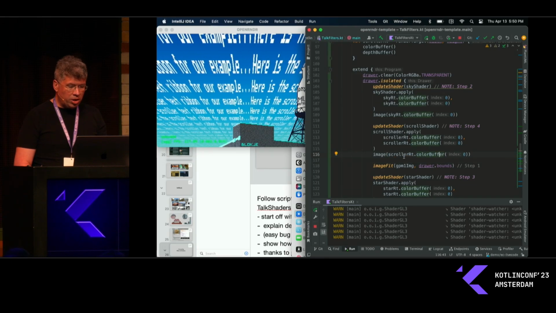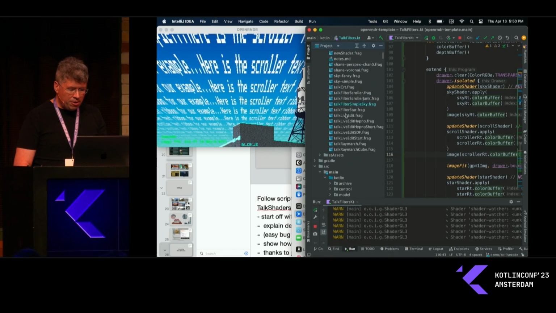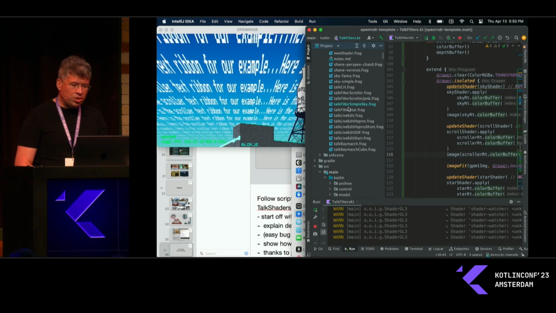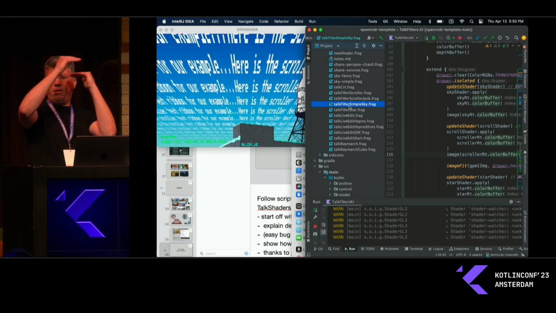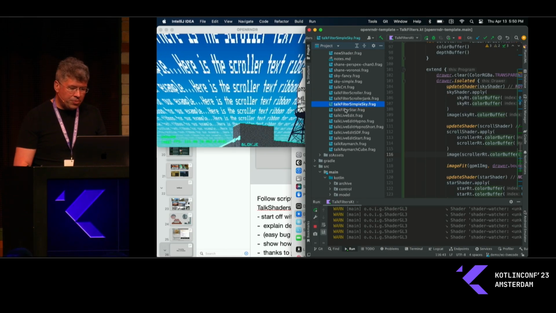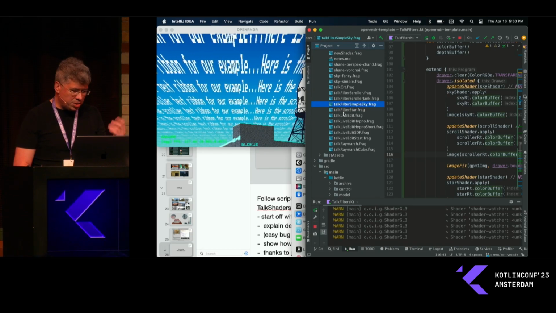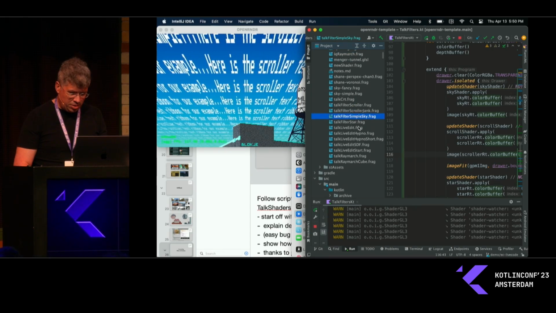So we're going to take a quick look at the shader just to get a feel for what these things look like. Again, I effectively took code from ShaderToy that was doing something completely different, was mapping pixels on the horizontal plane, and just repurposed it for this silly little example. So that's